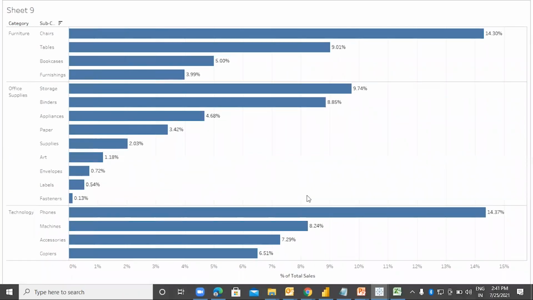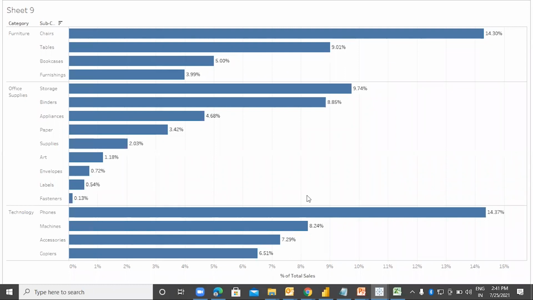Now just see what this chair 14% means. What do you understand by the chair 14%? Chair 14% indicates that the percentage contribution of chair with respect to the total sales is 14%.